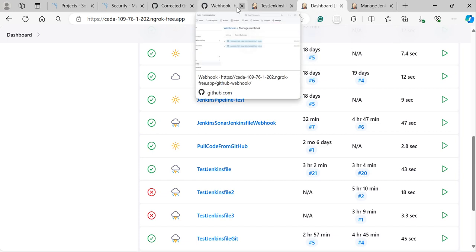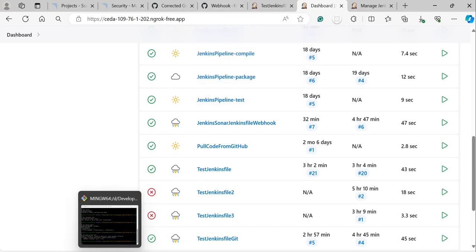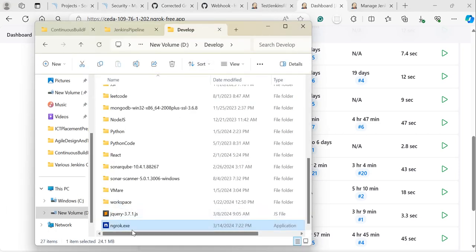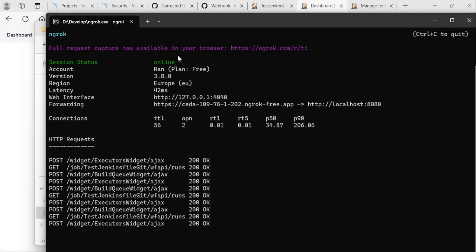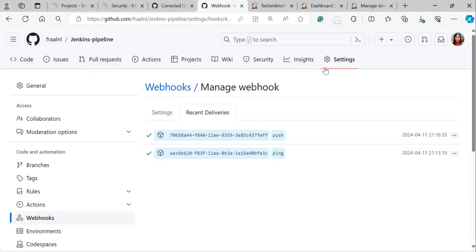And if I use a webhook, it makes it more complicated, because you first open your Ngrok, and then you have that public URL, and you configure this on the GitHub webhook,